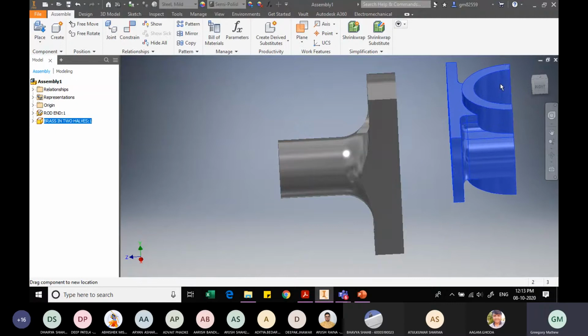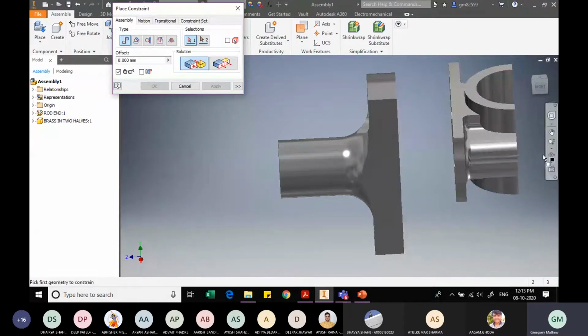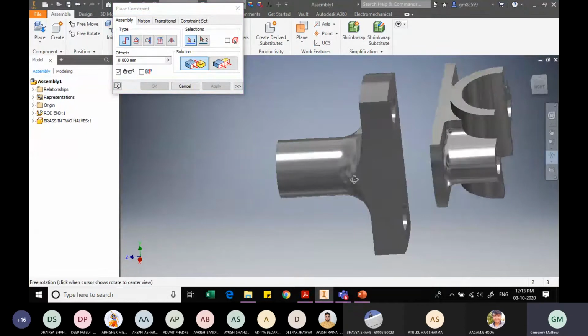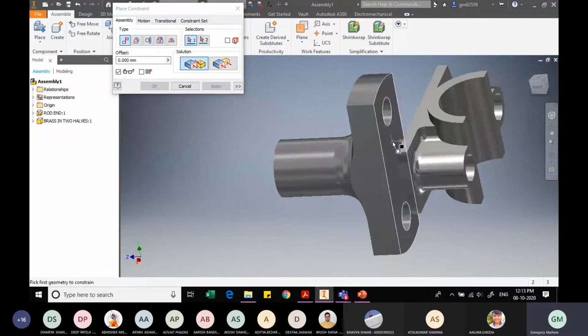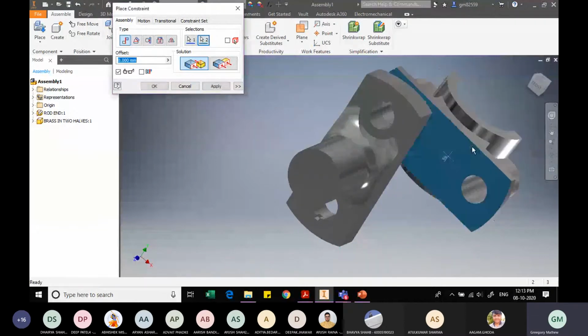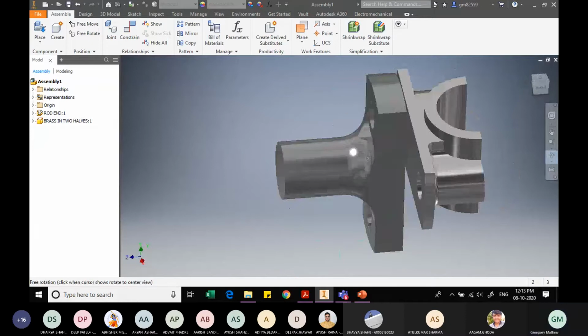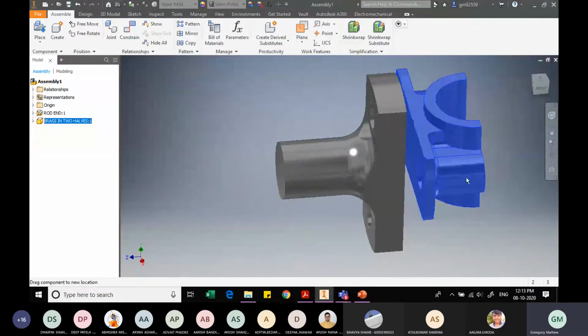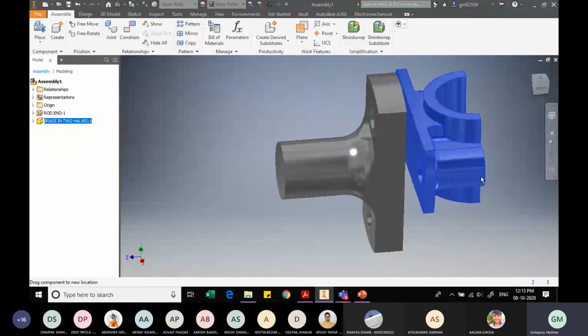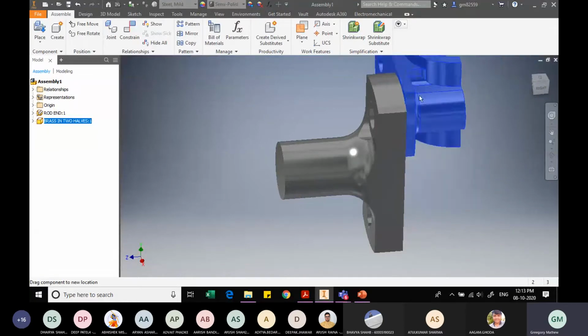So the second step is we need these faces to be in contact. Let me select the required faces. One is this face of the rod end, and for the other face, let me slightly rotate my drawing here so that I get it. This is my second face, and I click on Apply. Now I have given two constraints. Because I have given two constraints, the bush cannot move along the x-axis, nor can it move along the y-axis. However, it can rotate about the first axis about which it was constrained.